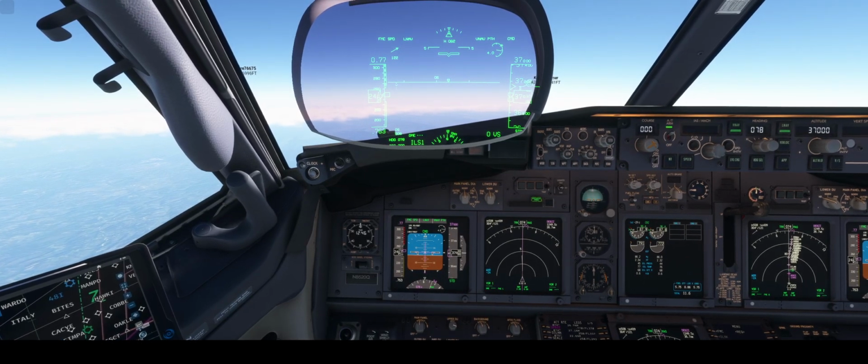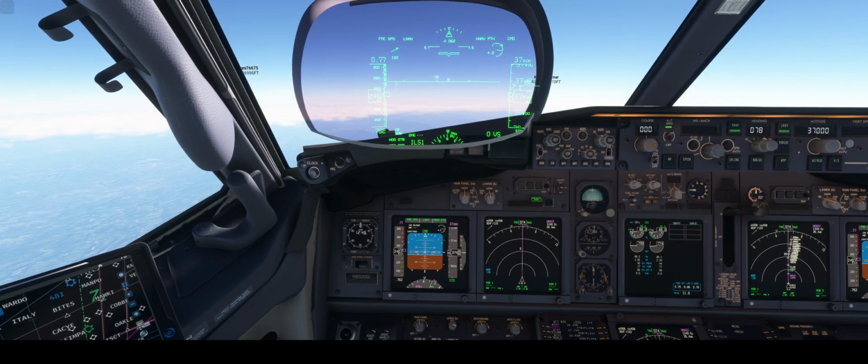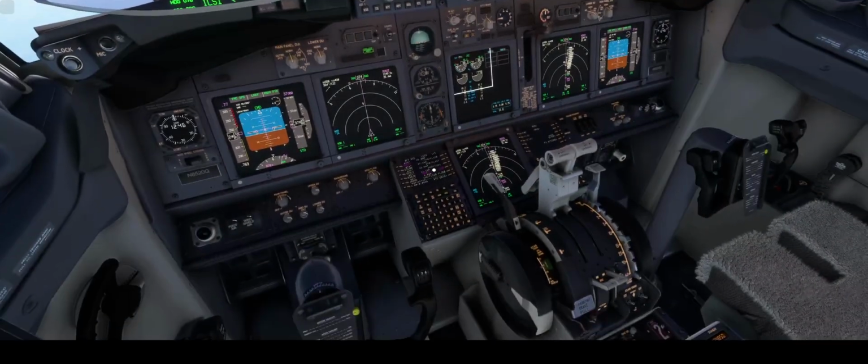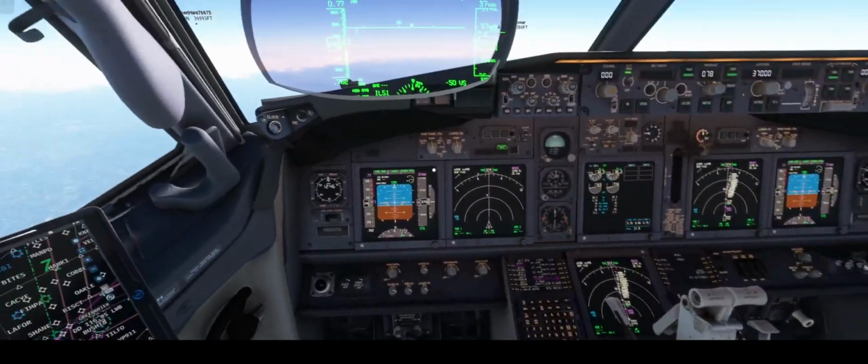So we have a plan in place in case something happens and things don't go how we expect them to go. And then we'll just keep looking at our altitude information here on the